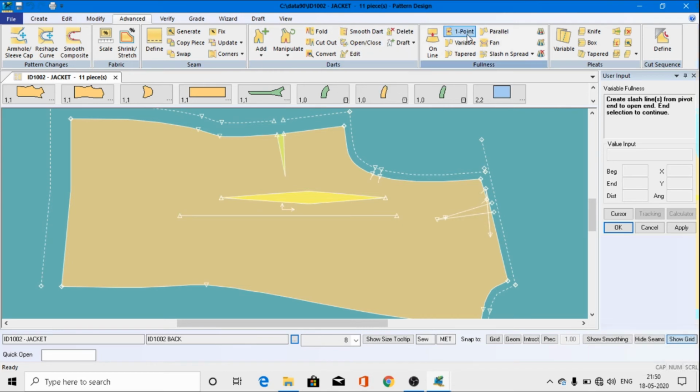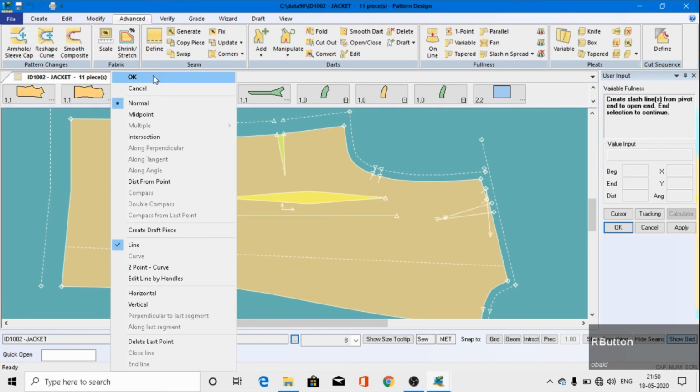So first of all, you will select it and you will have to create the slash line. Like this, you will create the slash line. Create slash line from pivot and selection to continue, and then right click and then OK.